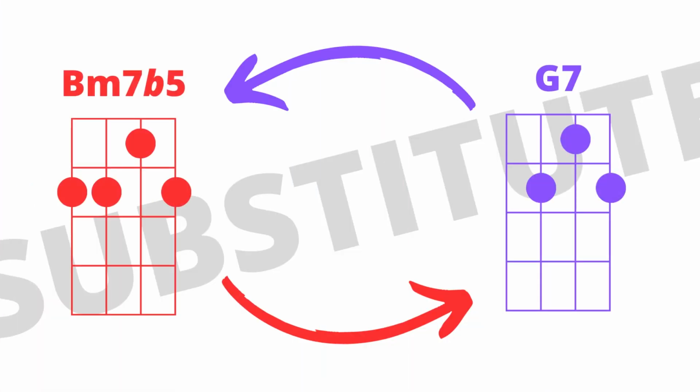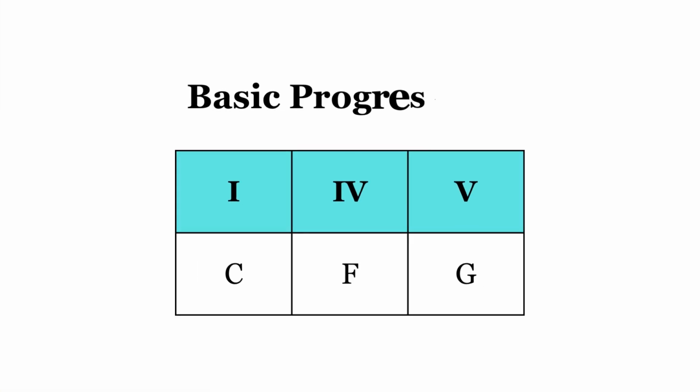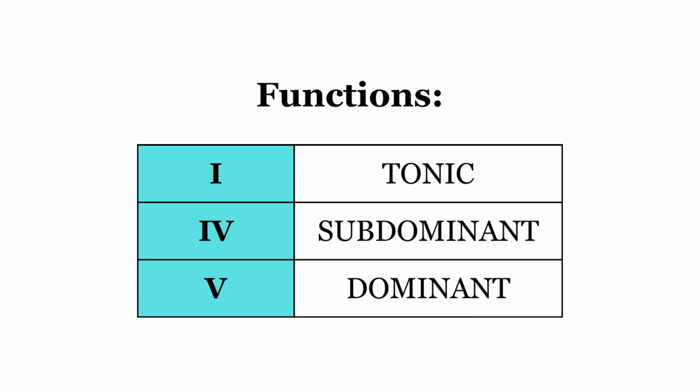In this video, we're going to talk about chord substitution tricks that any beginner can easily start doing right away. The first thing we do here is we look at a basic chord progression. It's a 1-4-5 progression, the key of C: C, F, G. And then we look at how the chords function in the chord progression. The 1 chord functions as a tonic, the 4 chord functions as a subdominant, and the 5 chord functions as